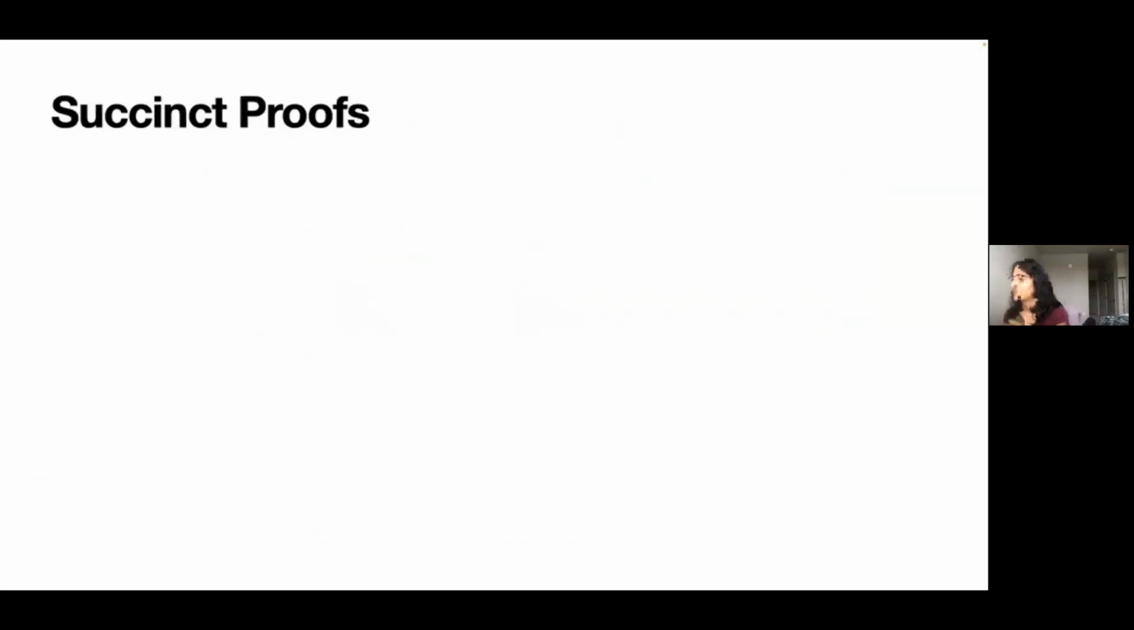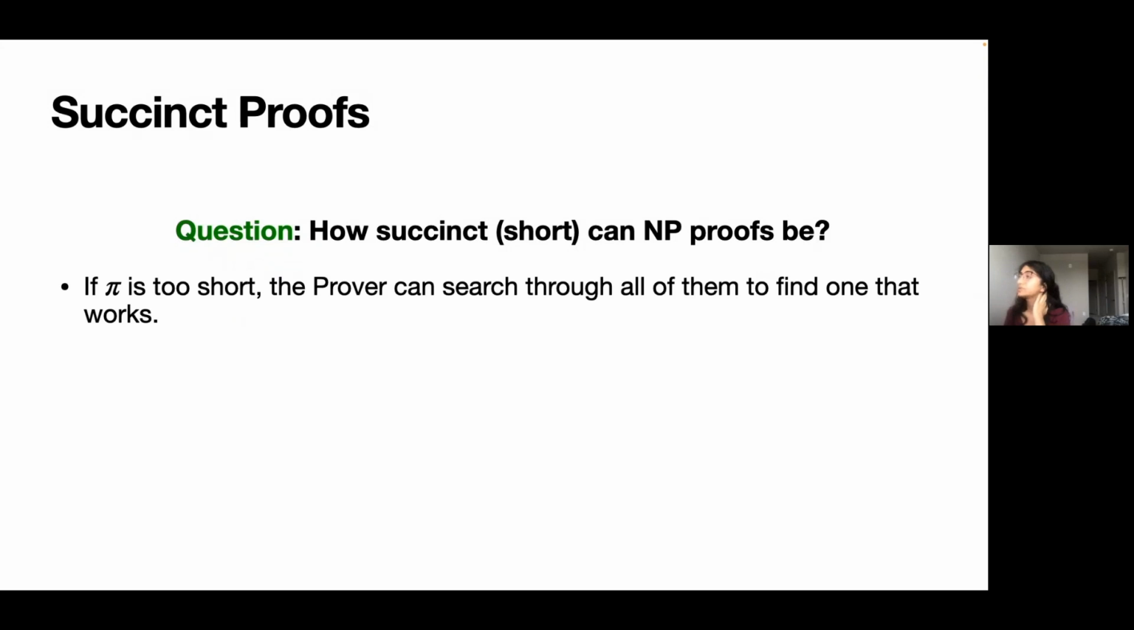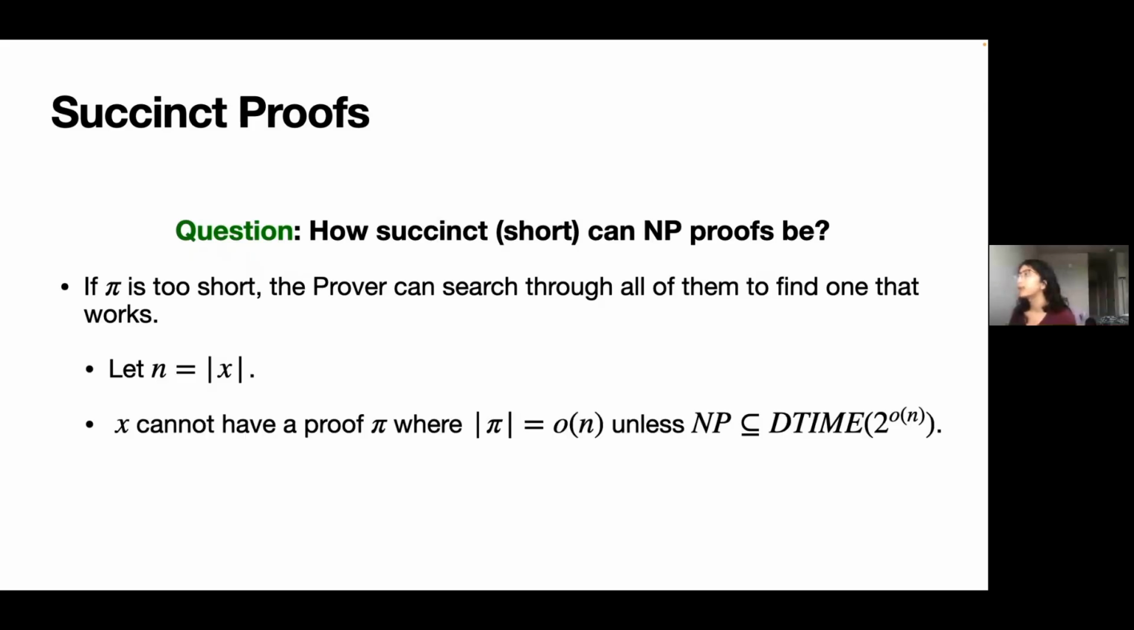This goes into the topic of succinctness. The question that succinct proofs try to answer is how short or succinct can these NP proofs actually be? If pi is too short, then the prover can just search through all of the possible bit strings till it finds one that the verifier accepts. So if n is the length of the statement, then the statement cannot have a proof pi that is sublinear unless NP is in deterministic time little-o of n. And we don't believe this to be true, so there must be some sort of bound on how short these